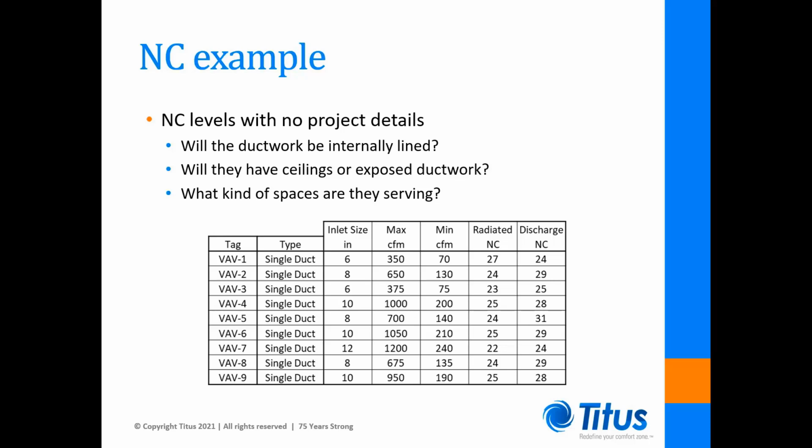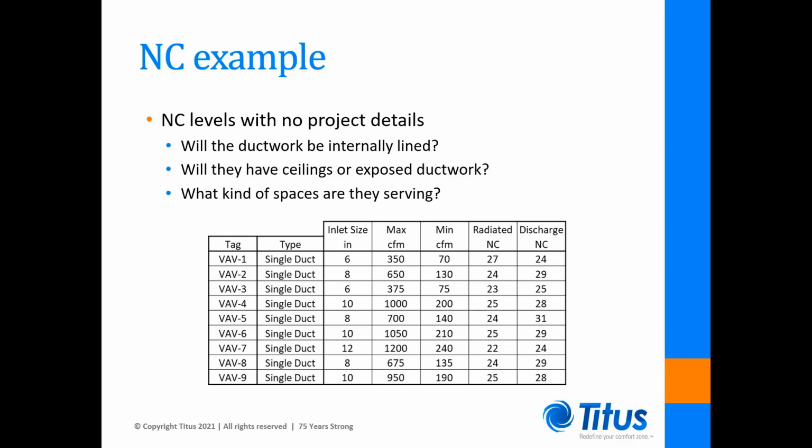Usually we're forced to assume that these NC levels were based on AHRI 885 Appendix E assumptions being applied to a particular manufacturer's product that was chosen as the basis of design. But should we be trying to match another manufacturer's performance, or should we be trying to meet the specified sound level for a room? For instance, if these units are all serving private offices specified not to exceed NC 35,